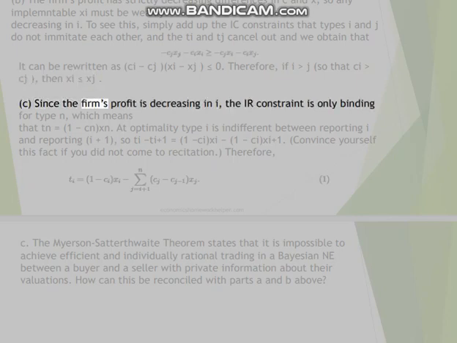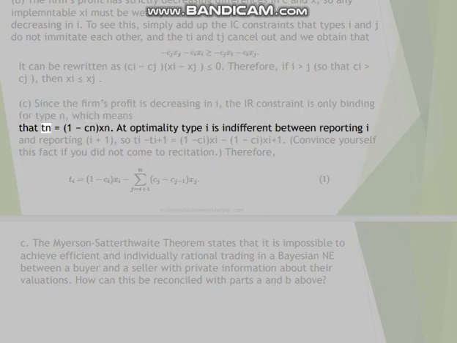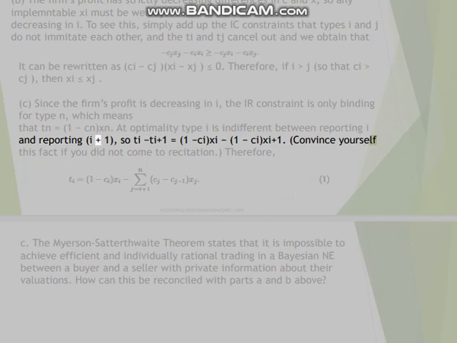C. Since the firm's profit is decreasing in i, the IR constraint is only binding for type n, which means that Tn equals (1 minus cn)xn. At optimality, type i is indifferent between reporting i and reporting i plus 1, so Ti minus Ti+1 equals (1 minus ci)xi minus (1 minus ci)xi+1. Convince yourself of this fact if you did not come to recitation. Therefore,